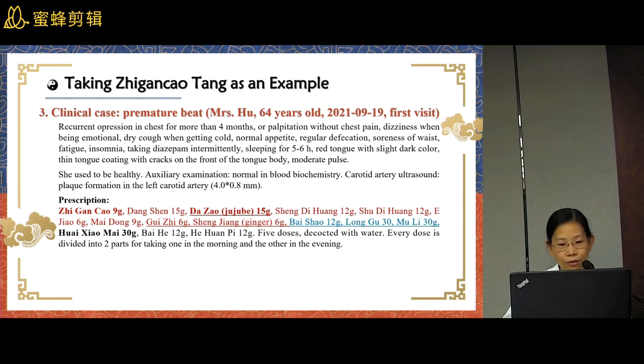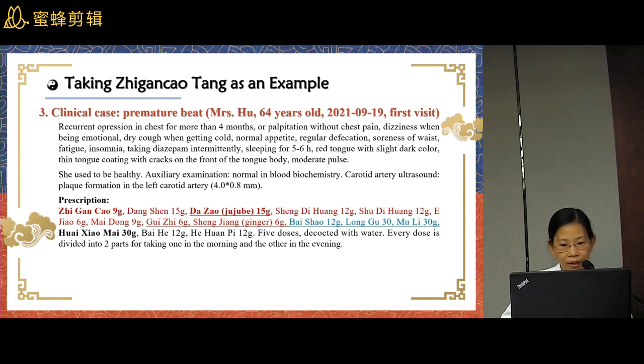Therefore, 百合地黄汤 was applied to nourish heart yin. Meanwhile, 百合 could calm the mind. 合欢皮 was used to relieve depression and for tranquilization because when the patient got emotional, she felt dizziness and distension in